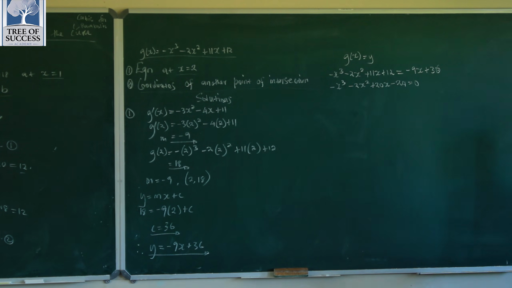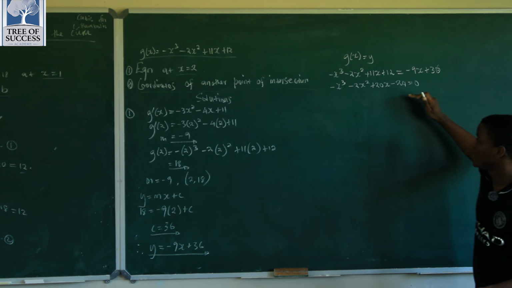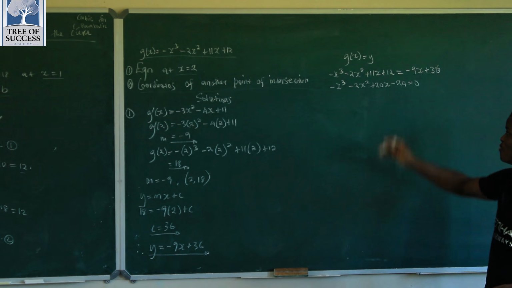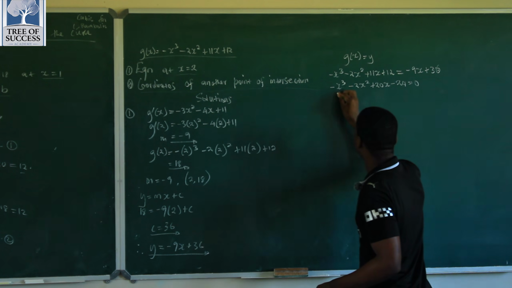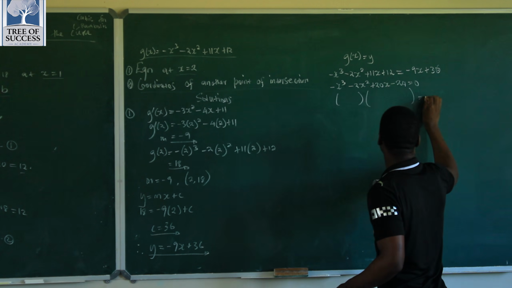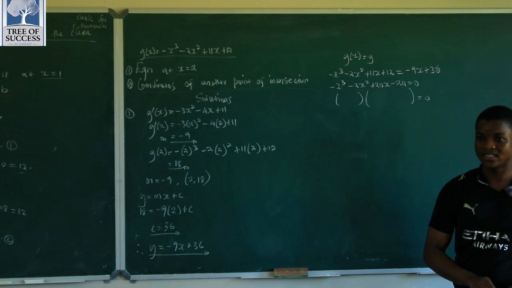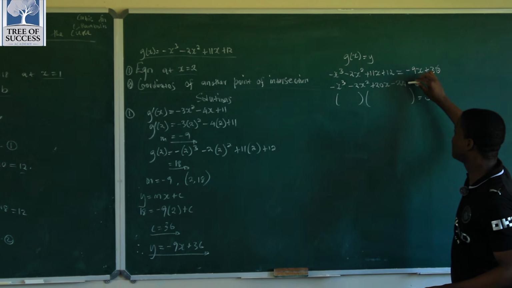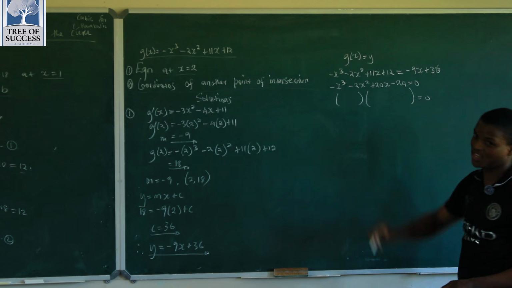I taught you the simplest way of solving a cubic equation: synthetic division, right? Yes, you can just perform synthetic division here. Can you please get at least one factor that will satisfy this equation, right? So can you please get one x value that makes this equation equal to 0?